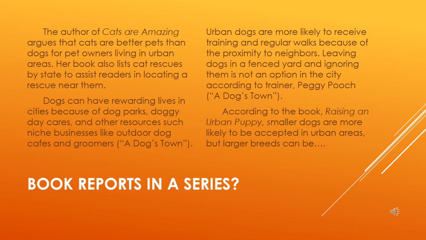All right, this is an example of what I do not want you to do when you are writing your lit review. I do not want you to organize by source. So if you look at the first paragraph here, the source Cats Are Amazing. And I know this is kind of a silly example, but it will show you what I'm talking about. Cats Are Amazing. That's the only source that's cited in that paragraph. Then if you look at the next paragraph, it's all about a dog's town. And then the last paragraph, according to the book Raising an Urban Puppy, etc., that is for an entirely different